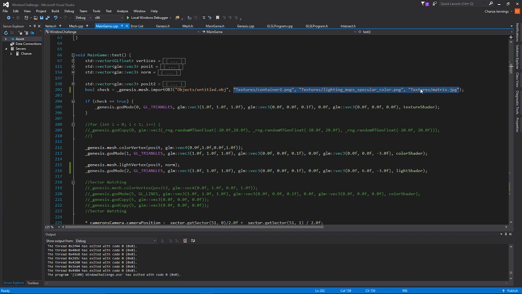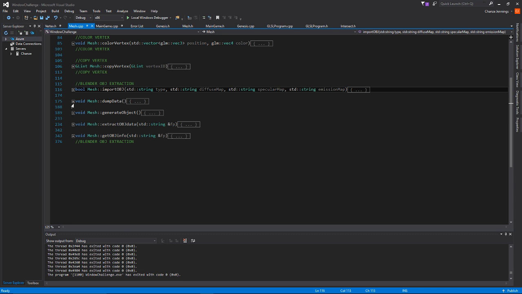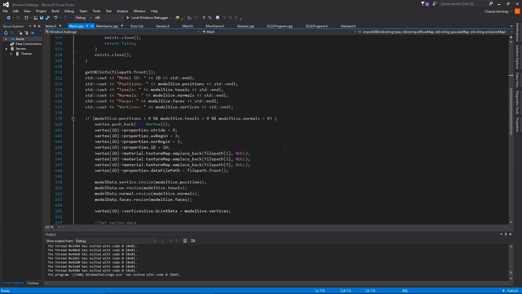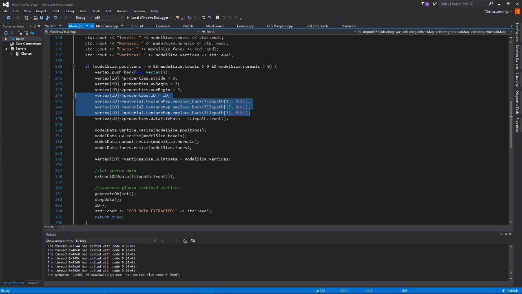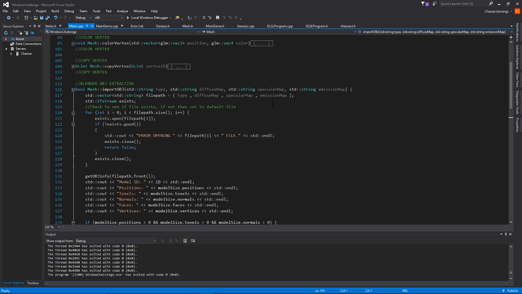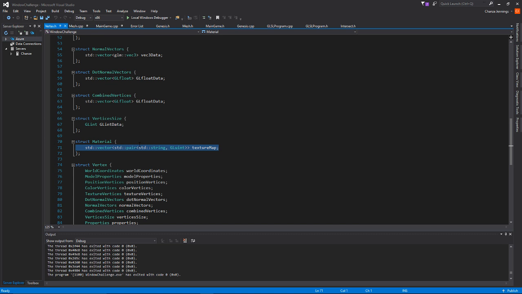But yeah, so I got the texture. So I give my texture files here. And what it does is it actually goes in when it goes through importing the OBJ file. It first checks for errors and stuff like that. Then it actually takes those files, the paths that are defined or given, and puts them into a material vector